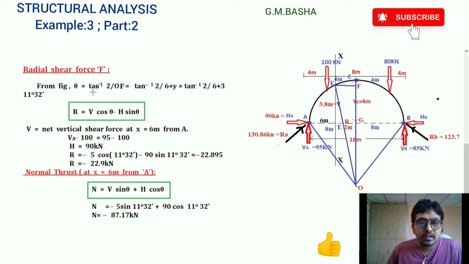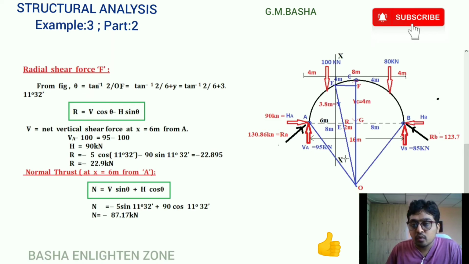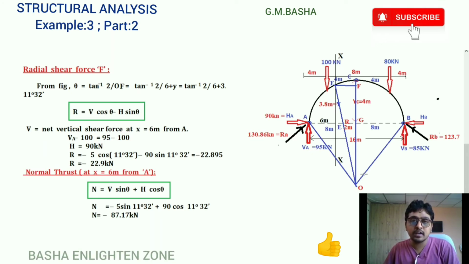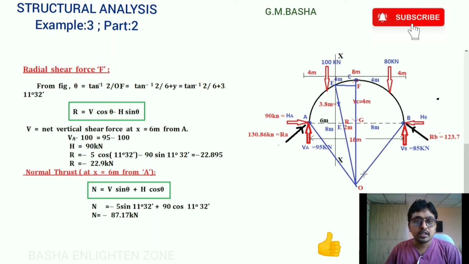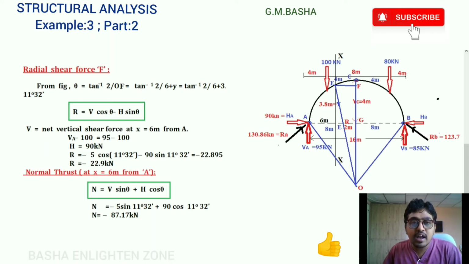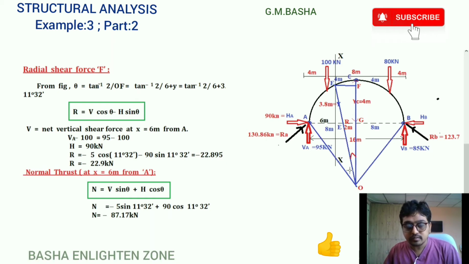From the figure, tan theta will be equal to, where tan theta? In the last diagram for the parabolic arches, tan theta will be taken as the slope dy by dx, which for the parabolic arch is dy by dx equal to 4r by l square into l minus 2x. After simplifying that, you will get the slope value. But here the theta value is obtained by using this triangle.